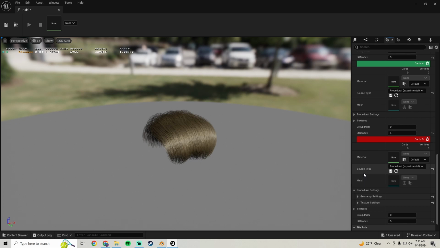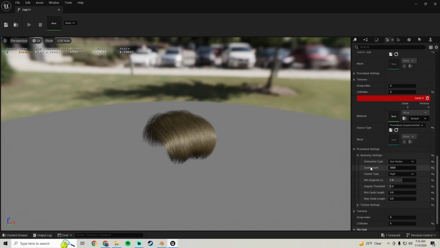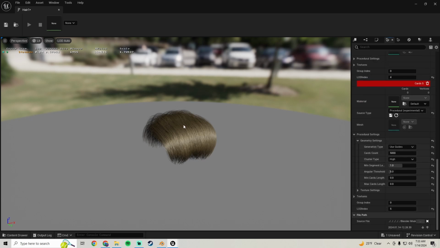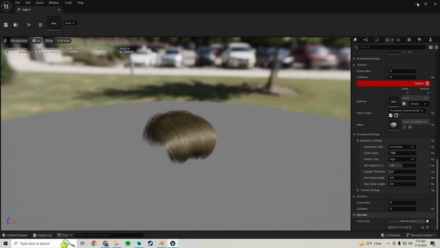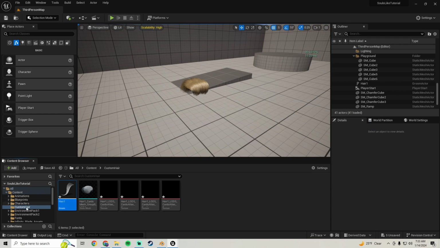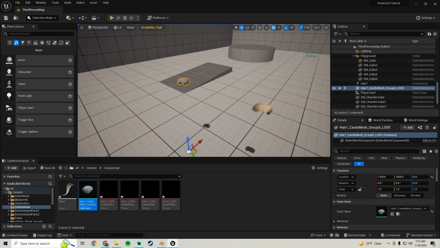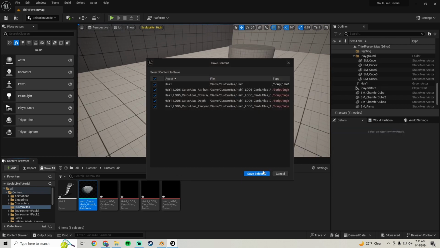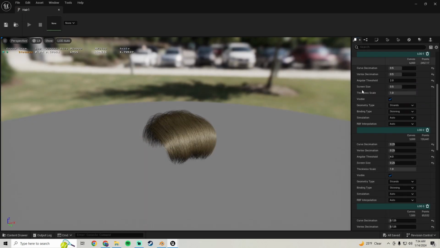And all you got to do, you can change some of the settings here as well. They have more settings that you can change. But I'm just gonna generate this real quick, and all you got to do for that is just hit the little save button right here, and it'll generate it. So if you look in your custom hair menu here now, you have a hair card version of your hair now. And just to show you, we can go back into the LODs,